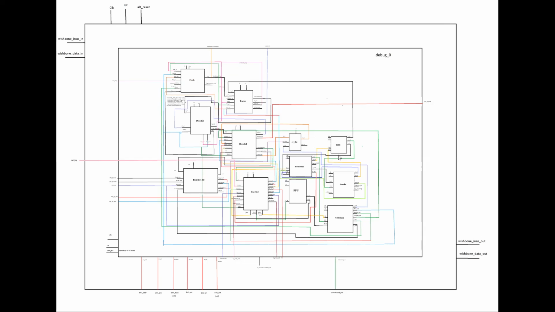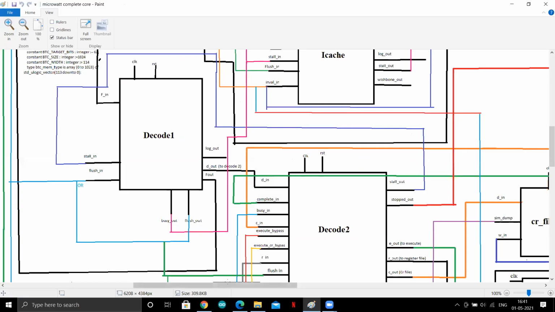Like what the entire core is, to understand that. So sir, here you can see that we have port mapped the entire core. The outer block can be considered as core, and this inner block is the core_debug. We made a block around all the modules because it was connecting almost all the modules, and it would have gotten messy in between. So this is the core_debug. And then I'll zoom in and show you all the modules and all the connections.